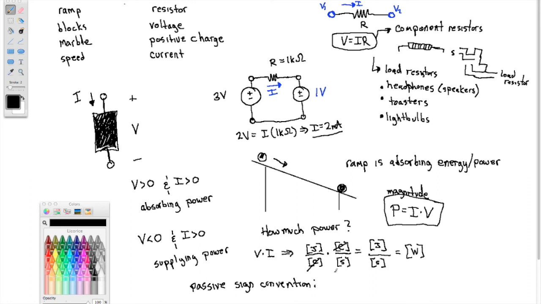Okay, and what that is to say is we're just going to assign positive power to when something is absorbing. When something is absorbing power, we're going to just make it positive, and negative power